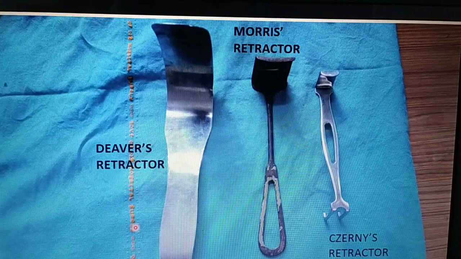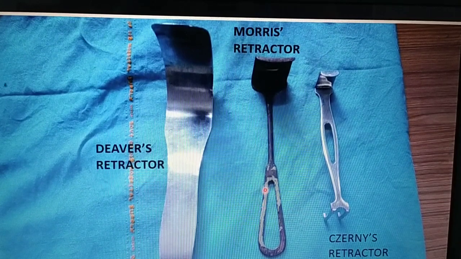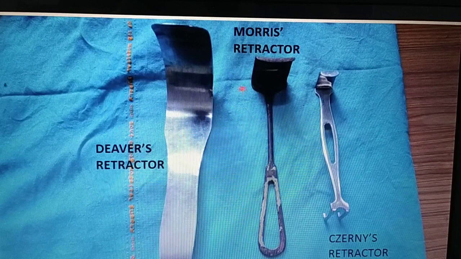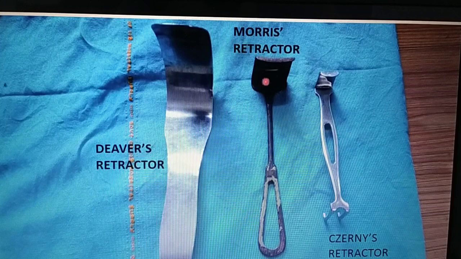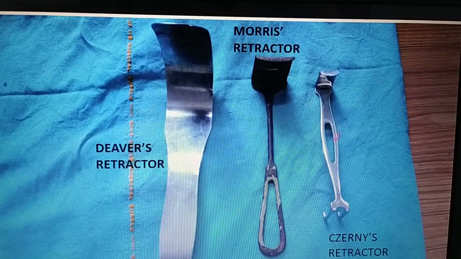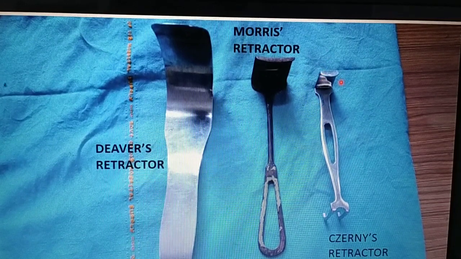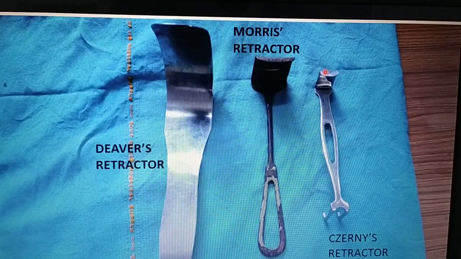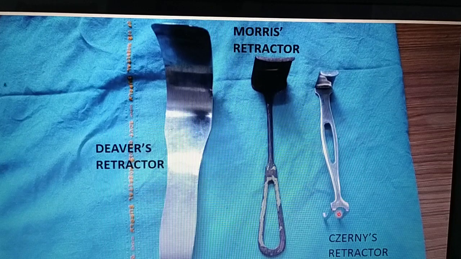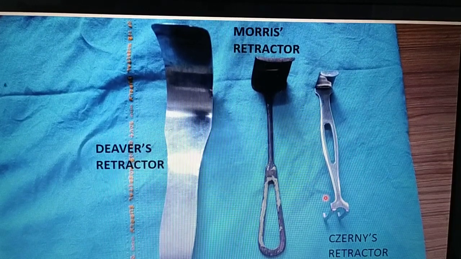Next is Morris retractor. This instrument is shaped like L, the handle is wider and the blade is also wider, and the lower end of the blade is curved inward at right angle. And this is Jarnis retractor. At one end there is a flat blade at right angle to the shaft with its tip curved at right angle, and the other end has a biflanged hook. So this is Morris retractor and this is Jarnis retractor.